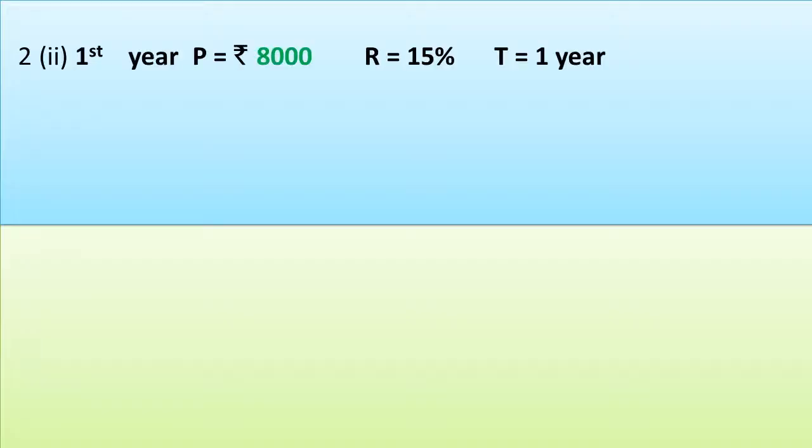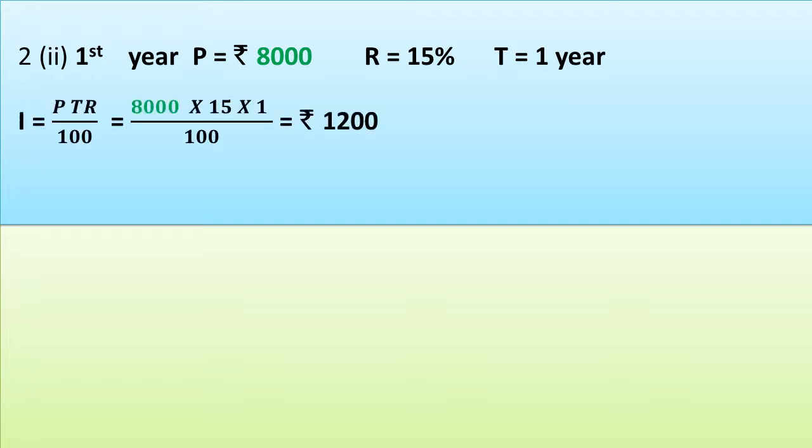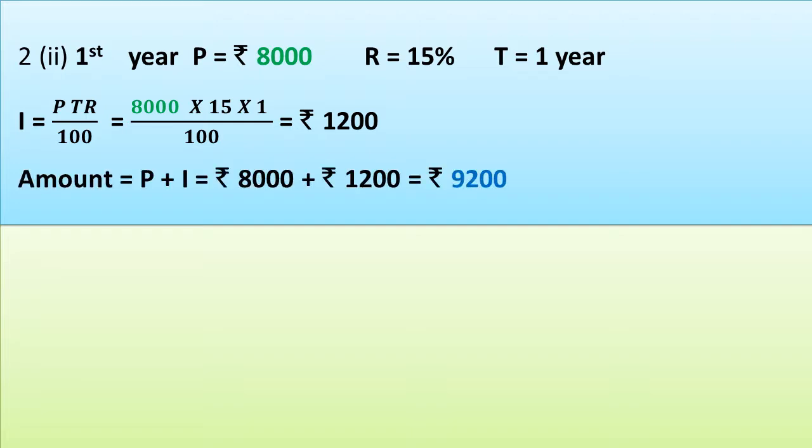Sub question 2. In this case, principal is 8,000, R is 15%. Interest calculated for the first year will be equal to 1,200, and the amount will be equal to principal plus interest, 8,000 plus 1,200, that is equal to 9,200. Consider the amount to be paid at the end of the first year, rupees 9,200, as the principal amount for